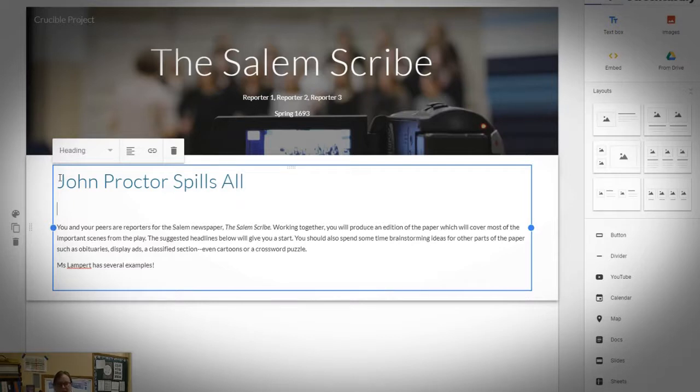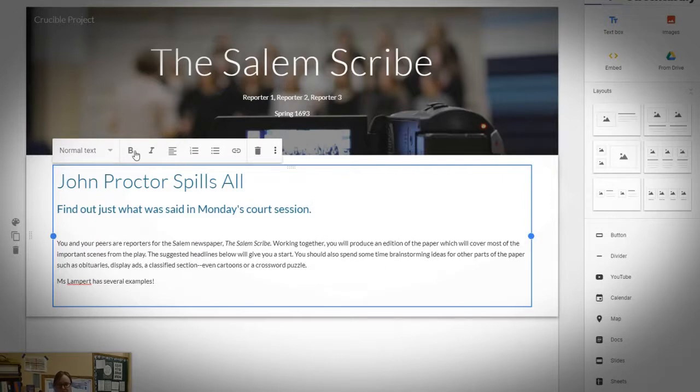And then my subheadline might be, find out just what was said in Monday's court session. And then the article goes on to explain what John Proctor reveals regarding Abigail Williams. But I need the byline there. So in normal text would be